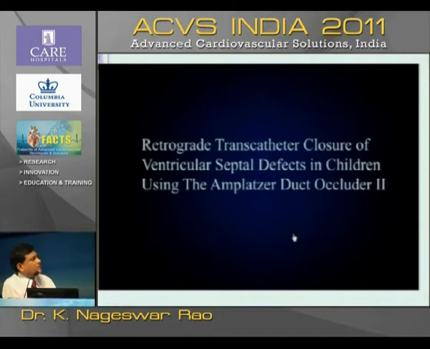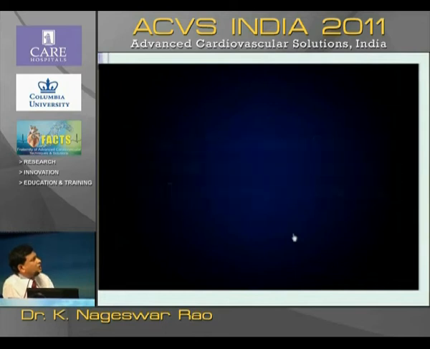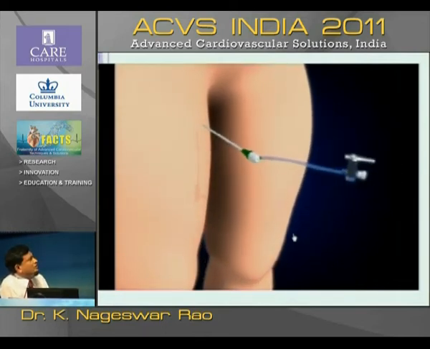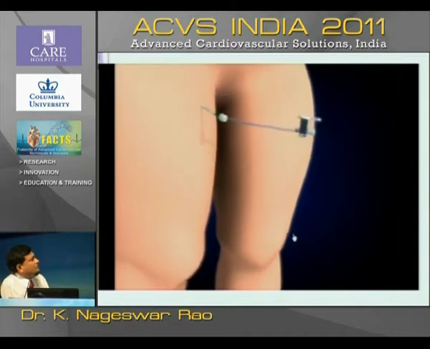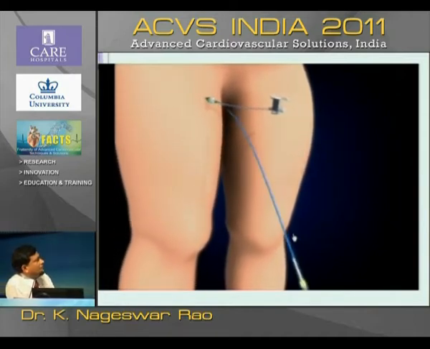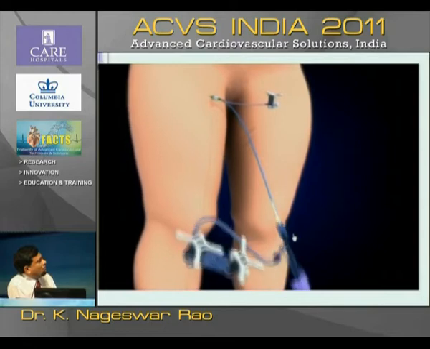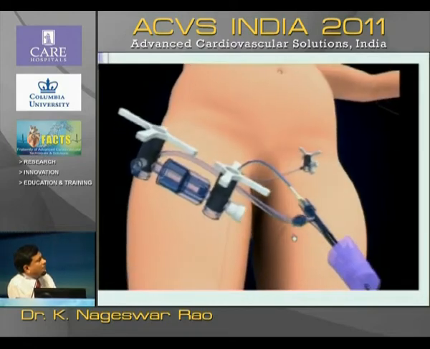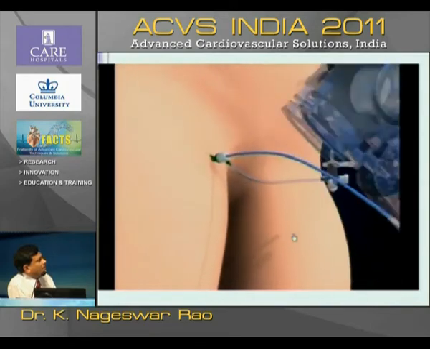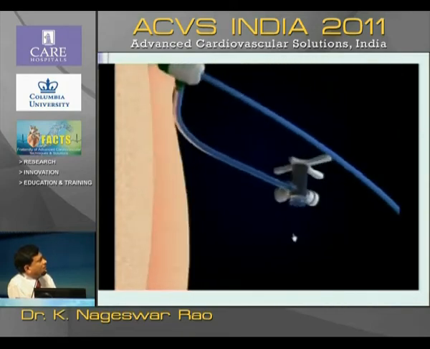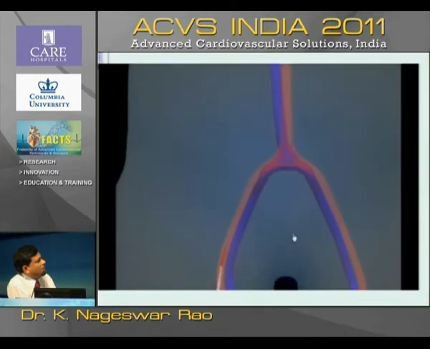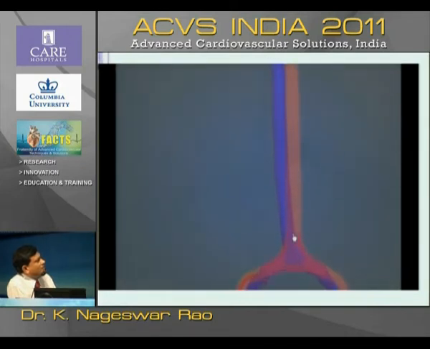This is the animation. Normally we puncture the femoral artery with a 6 French or 5 French sheath, based on the device selected. We developed a new delivery system: a 6 French right coronary guiding catheter with a Y-connector system. The delivery catheter is introduced through the sheath so that we can minimize damage to the artery.